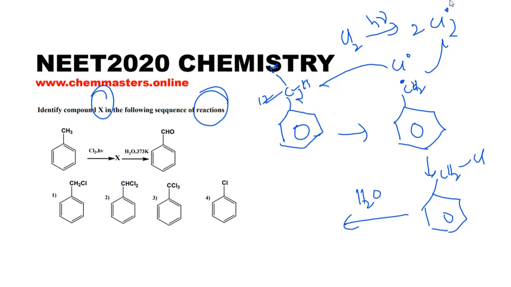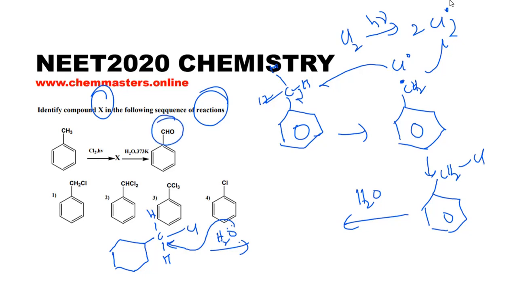So simply draw the full structure. So just wait. So here you can see the C-Cl. Water can act as a nucleophile and attack here, right? Sorry, we should go to the next step. If you do this, it is not going to produce aldehyde. That's why we should apply the next case.